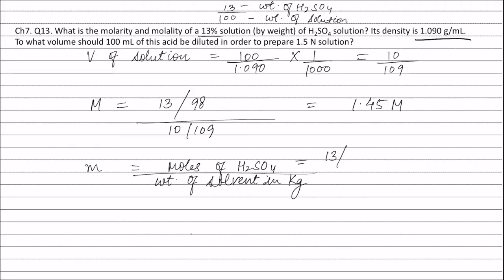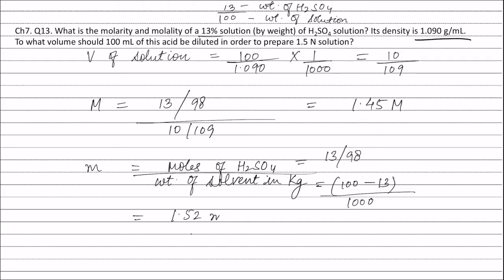molecular weight of sulfuric acid, that is 98, and weight of solvent will be equal to weight of solution, that is 100, minus weight of solute, that is 13. This gives the weight of solvent in grams, and dividing it by 1000 will give the weight of solvent in kgs. Solving this equation, molality of sulfuric acid is equal to